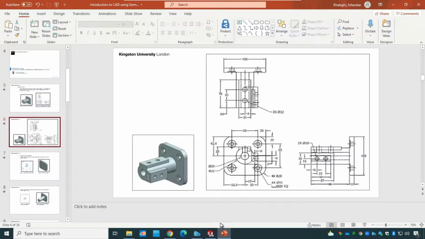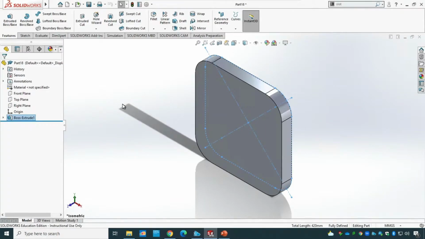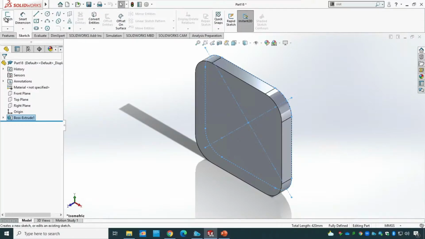In here you have the information for the cylinder. As you can see here, it says the radius is 22 for that bigger circle, and I need to extrude it by 96. So I will click on the sketch,